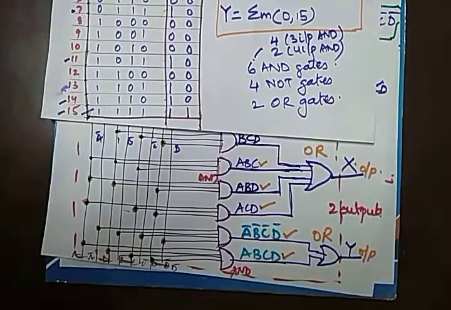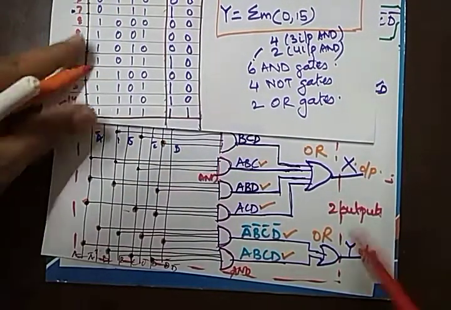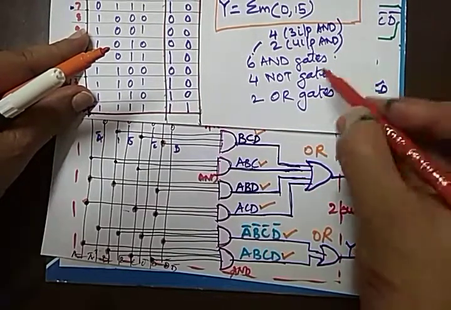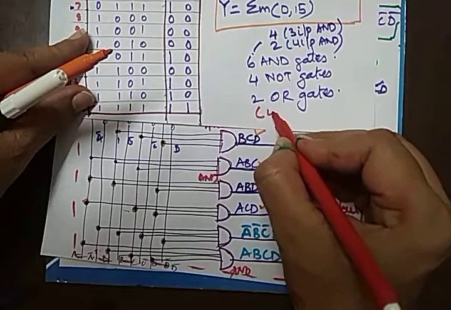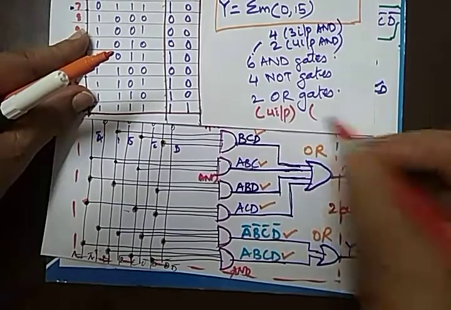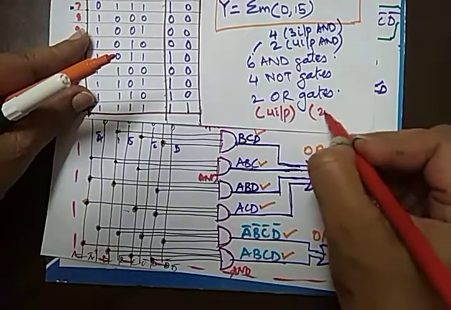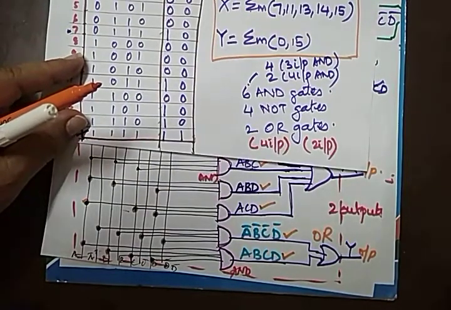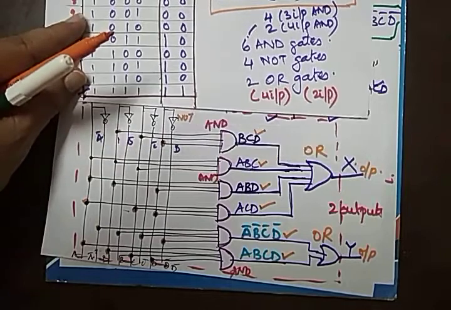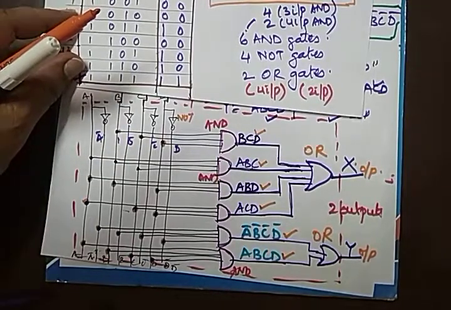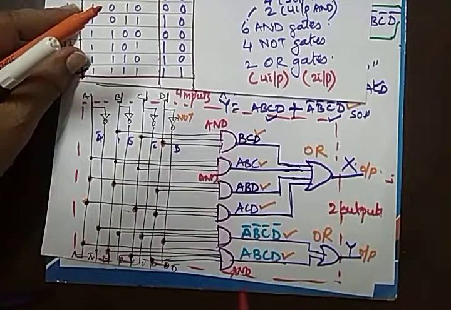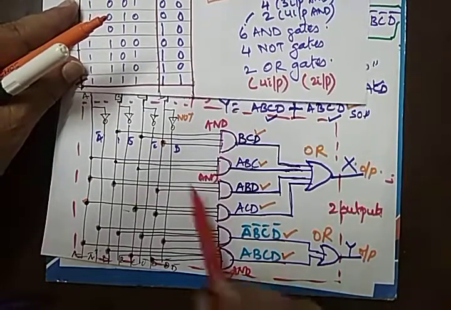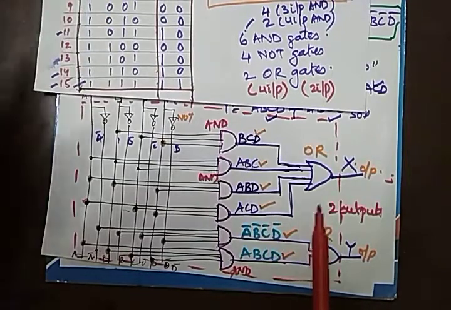Similarly, for the OR gates, we have two OR gates. One is a 4 input, the other is a 2 input. So the two OR gates, one is a 4 input OR gate and the other is a 2 input OR gate. So this now completes the design of the circuit, and at the last step we are able to draw the logic circuit and also evaluate what this logic circuit consists of.